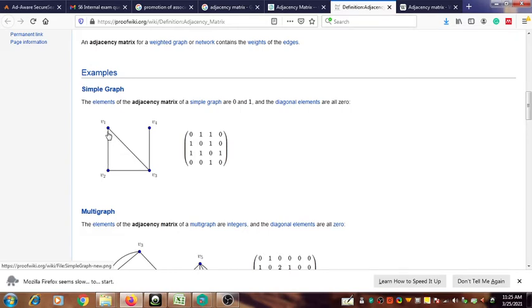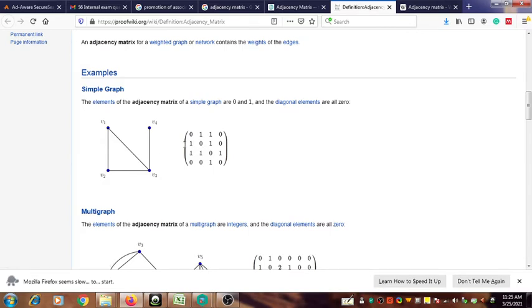The labels v1, v2, v3 and v4 are given, and we have the edges connecting v4 and v3, then v1 and v3, v1 and v2, then v2 and v3. Using these edges and the vertices, we can write the